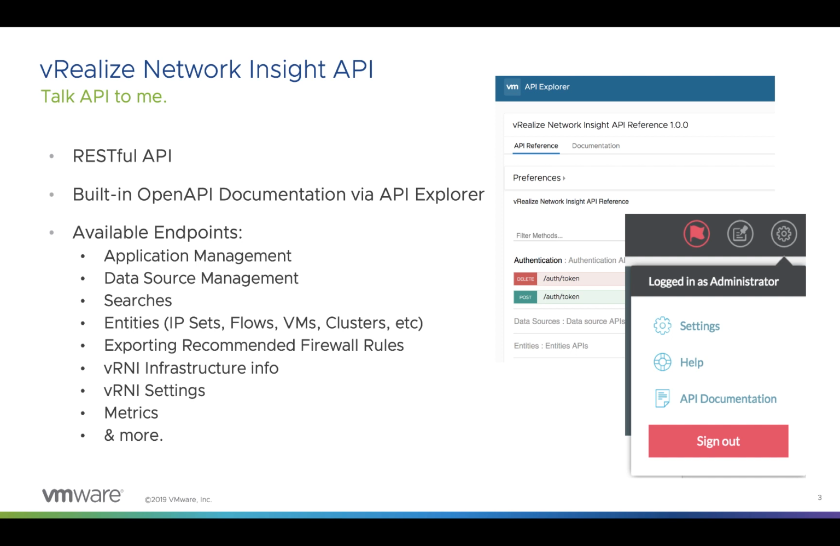And this API is actually RESTful, so it uses the HTTP protocol. And the documentation for this API is built into the product itself. So you can open up the settings menu and actually open up the API documentation from there to show an easy overview of what API endpoints are available and how to use them, and also what are the results that you should expect back. There's also a cool mechanism to actually test out these API endpoints directly from the API